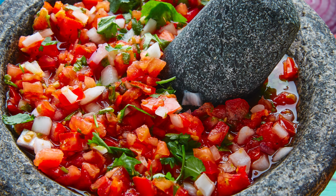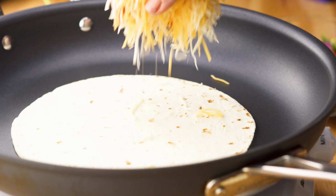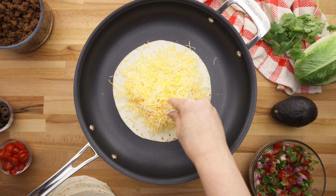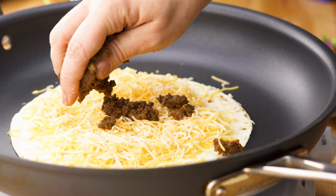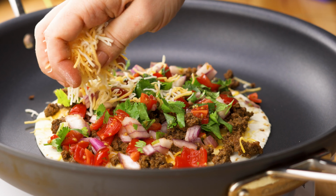You'll also need some pico de gallo, which is a fresh tomato and onion salsa that I do have a recipe for on eatingrichly.com, but you can usually buy it in the produce section of most grocery stores. Now on to the taco quesadilla. Place a tortilla in a skillet on medium heat and add half a cup of Mexican-style cheese. Then top the cheese with half a cup of cooked taco meat, some pico de gallo, and another half cup